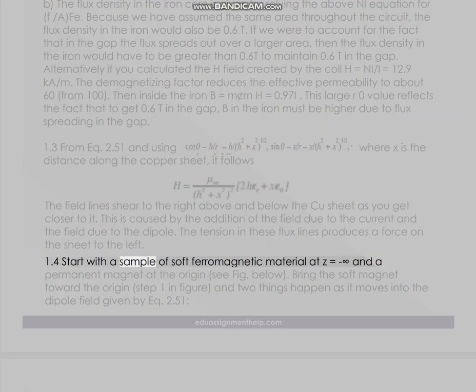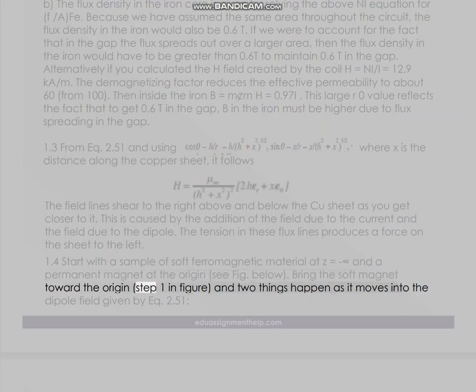1.4 Start with a sample of soft ferromagnetic material at z equals -infinity and a permanent magnet at the origin, see Fig. below. Bring the soft magnet toward the origin, step 1 in figure, and two things happen as it moves into the dipole field given by EQ 2.51. First, the sample